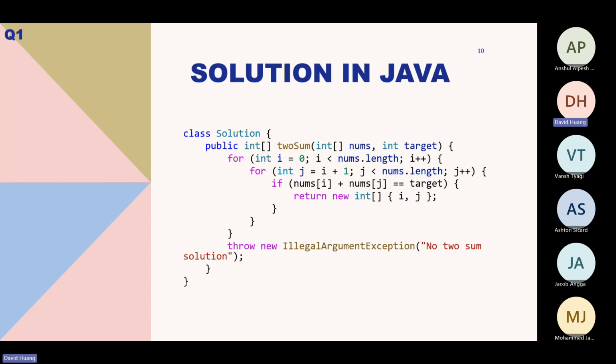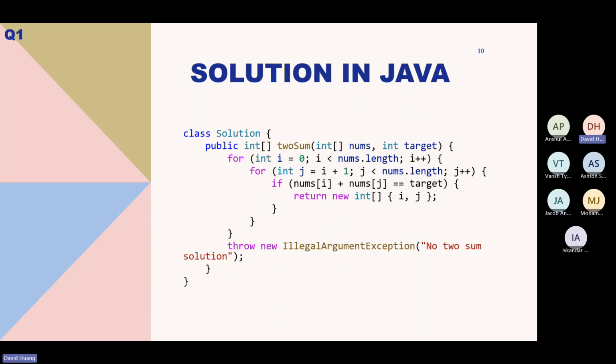The first outer loop starts at index 0 and goes through nums.length minus 1, which is less than nums length, and it's i plus plus because it goes to the next element